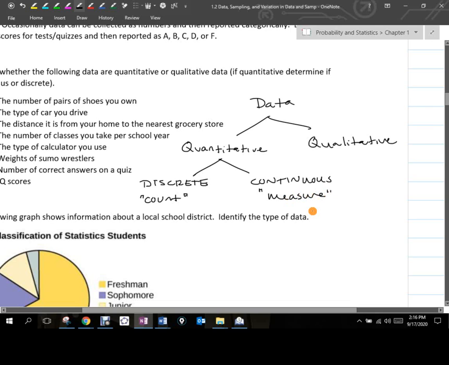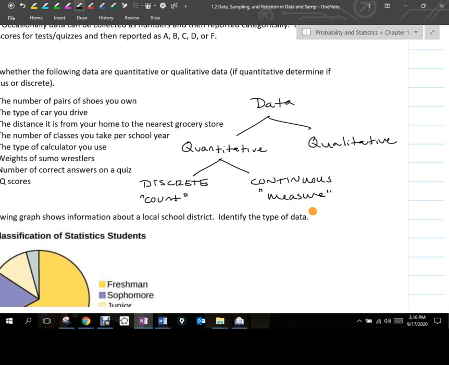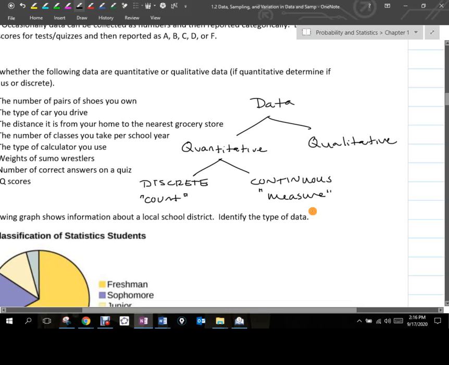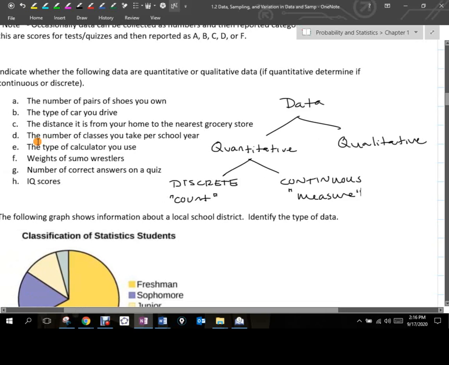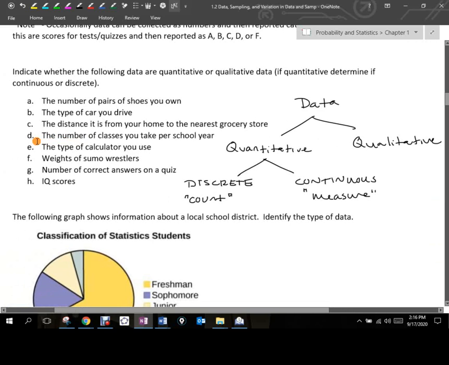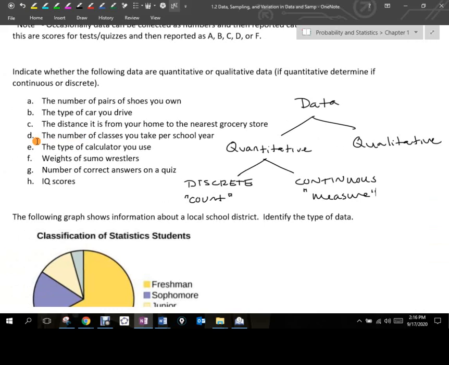All right. A lot of times when we're talking about continuous, values are measured on a scale. Okay. Now when I say scale, not necessarily meaning like a weight scale. It could be like a distance, so measuring on like a ruler or a tape measure, that kind of thing. That could be a scale. But our continuous is going to incorporate fractions and decimals and those types of things. Okay, discrete, just whole numbers, because that's how we count.